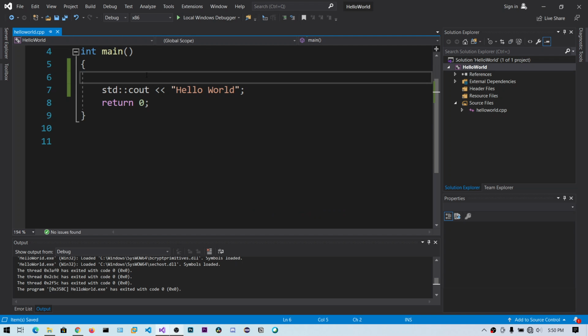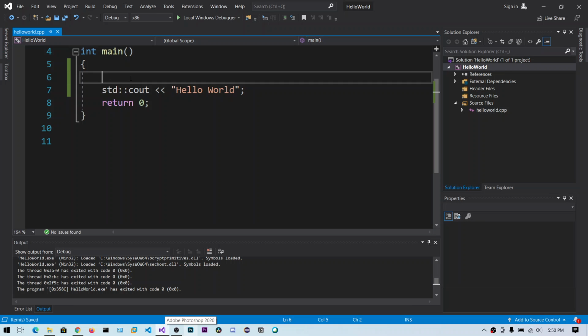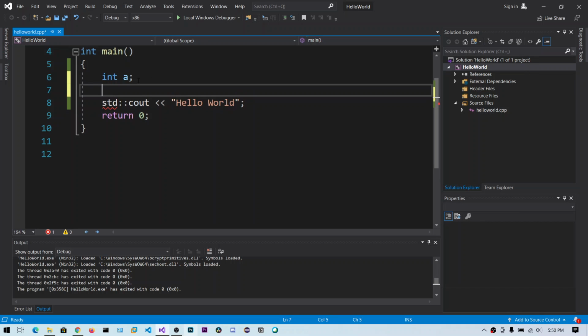Okay guys, in this video we will be talking about the user input. Sometimes you want to give the input to a variable to store into a variable. So now you can say int a is equal to 5, is equal to 6. But you don't always want to open the program and edit the program. Sometimes you want the program to ask you for the input, so then you can declare an uninitialized variable.